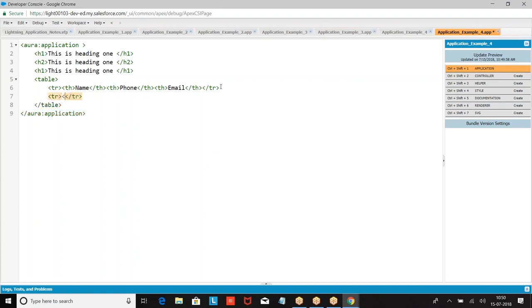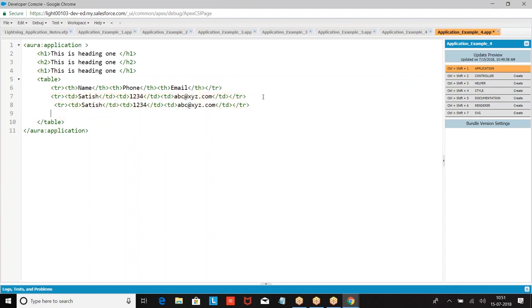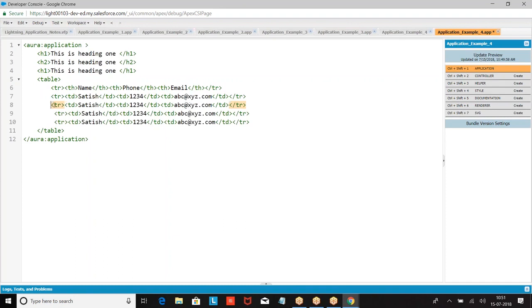Then in the second row I am giving data. In the row, we have a number of columns. Each column is identified by TD. So TR is a row, TD is a column.